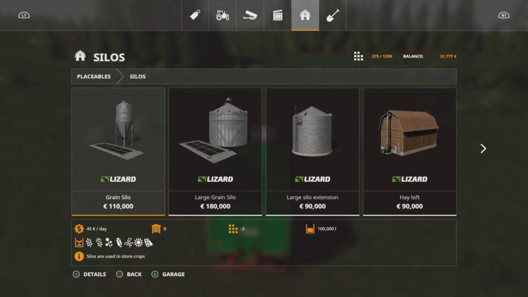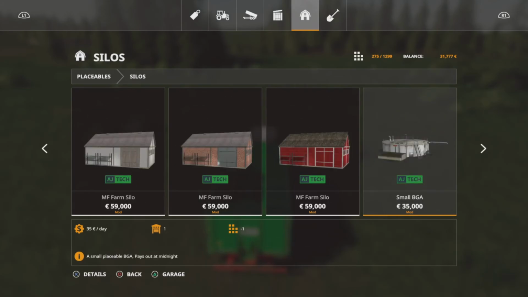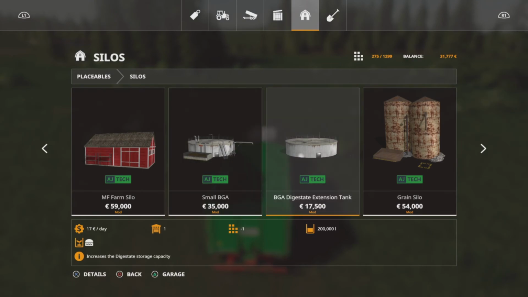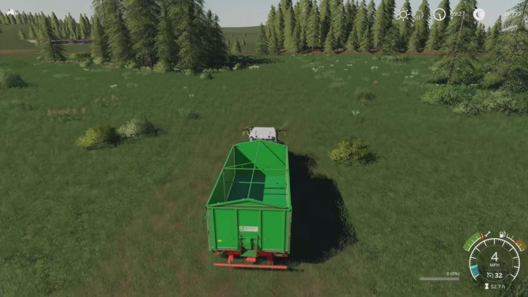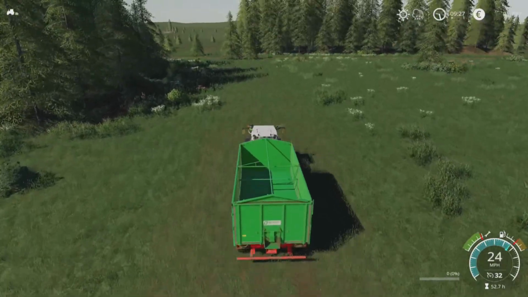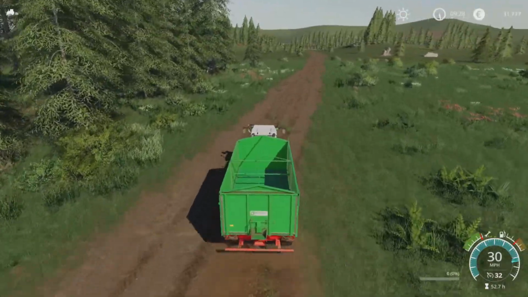Actually it's not going to show you there, I'll have to go back into it here. It costs us €35 a day for the BGA and €17 a day for the extension tank. So it doesn't sound a lot, but when we start getting a few of these down, it's soon going to add up. So I may have to come up with an idea or a plan just to counteract that, because I don't think it's very fair that we get charged per day for stuff like that, because we need them on the map